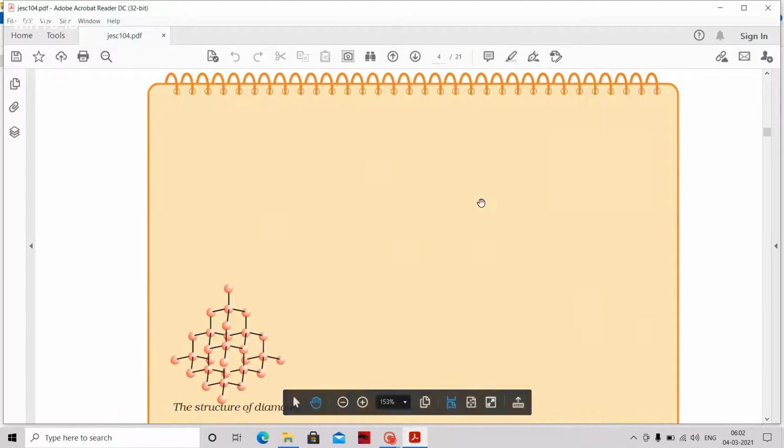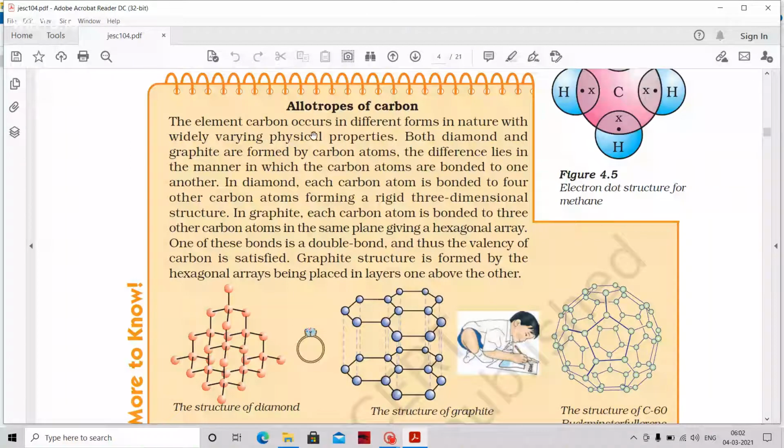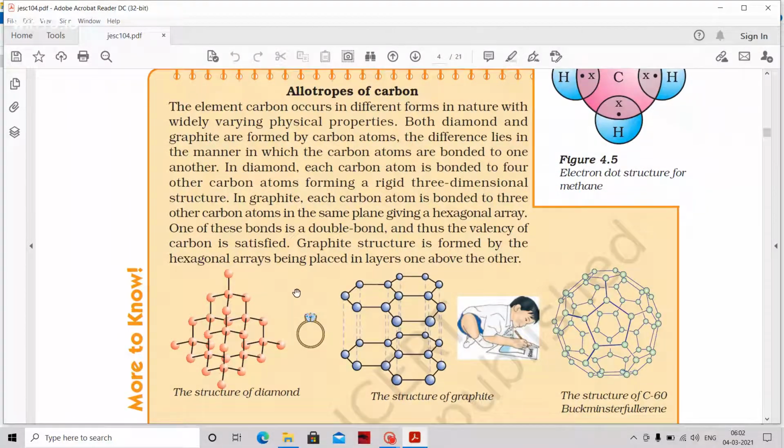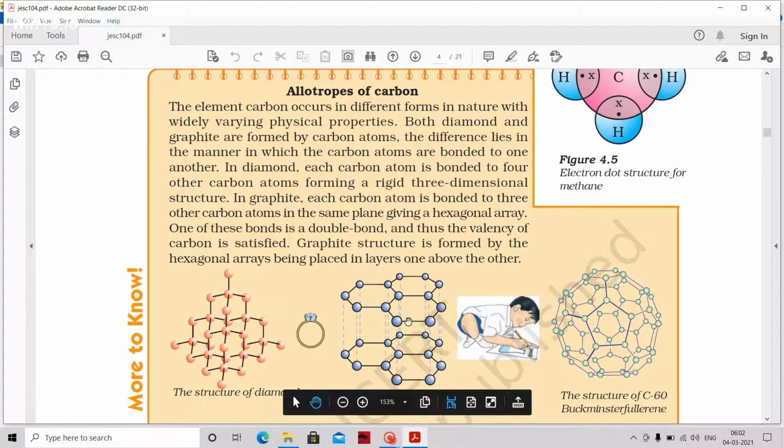Carbon also exists in nature in different forms with different physical properties. The physical properties vary a lot. For example, diamond is carbon, and the graphite in the pencils we use is also carbon. If you compare these two, one is very hard, very costly and precious, that is diamond. The other is graphite, readily available, very cheap, and very soft. It has a lustrous nature, and if you touch it, it will also stick to us.